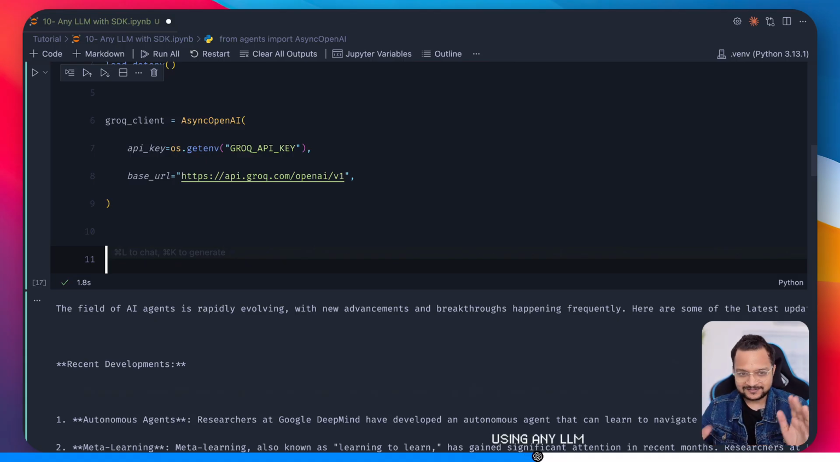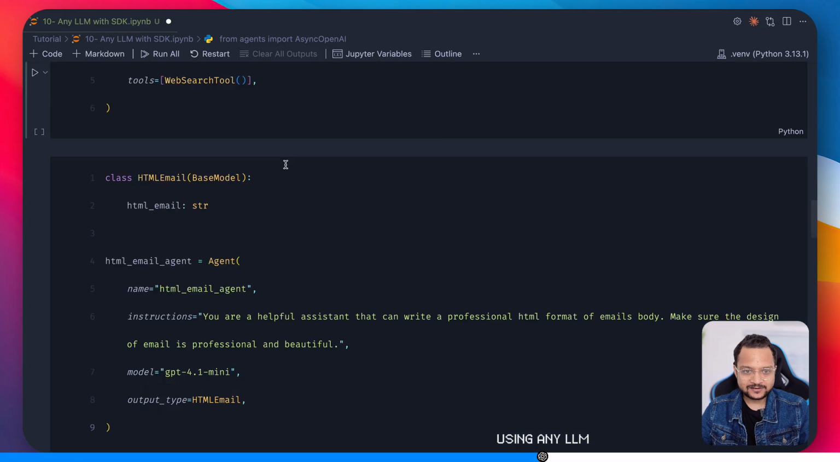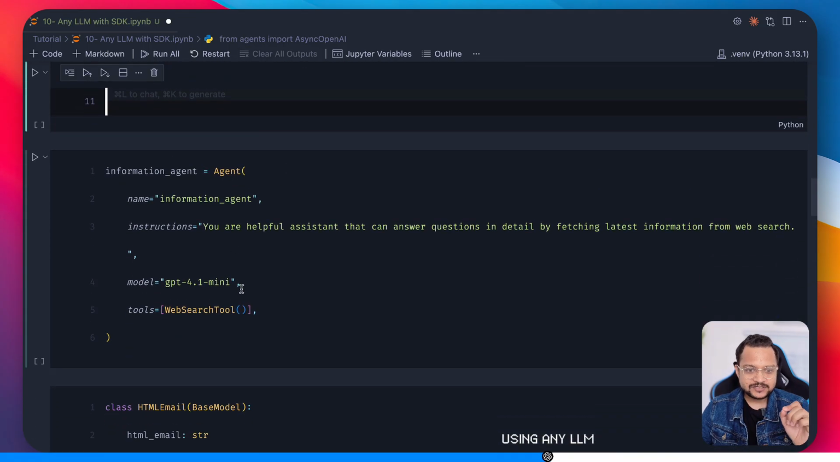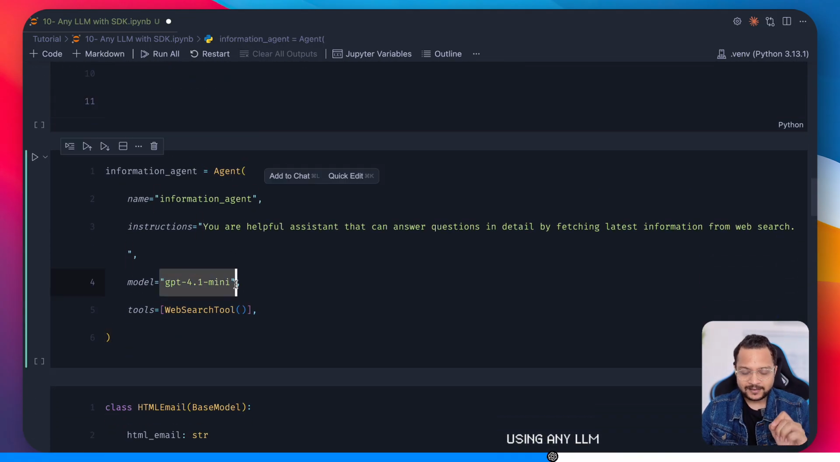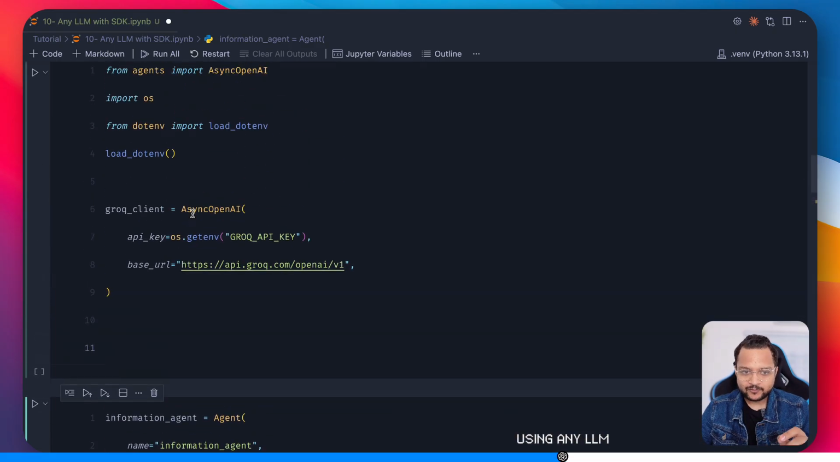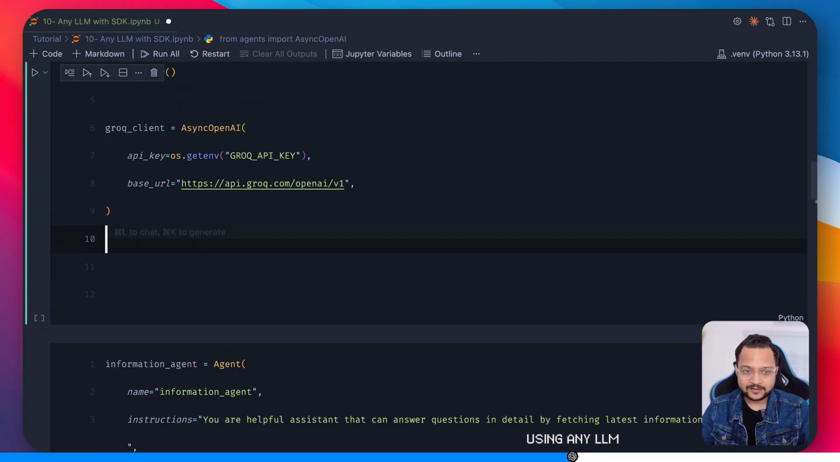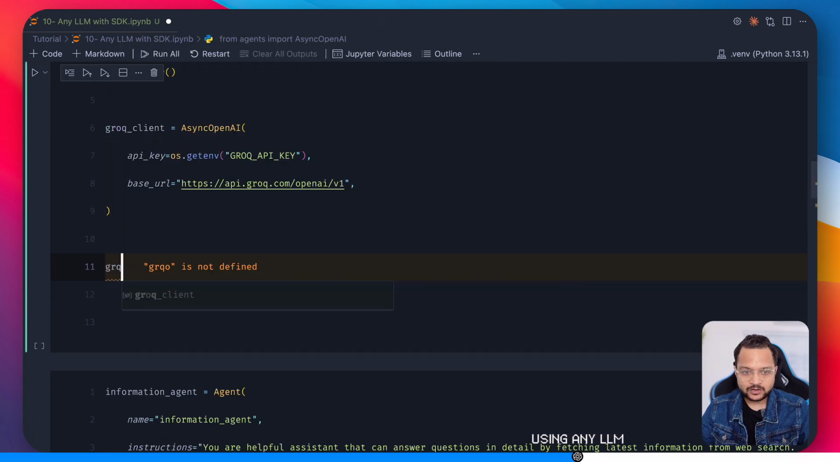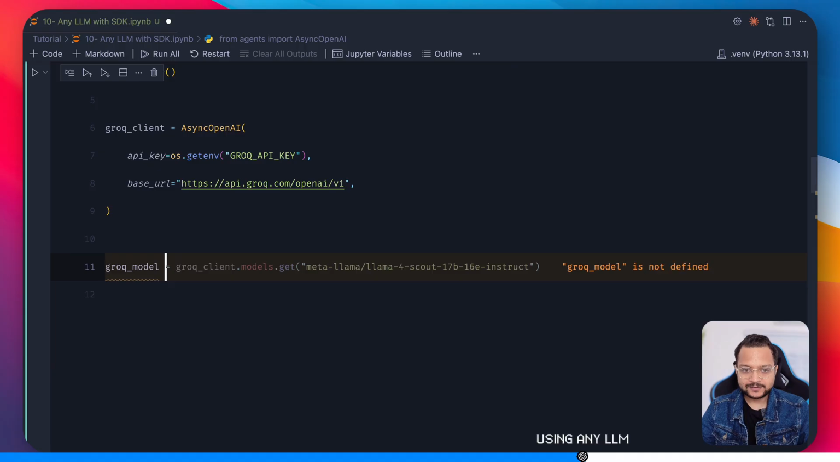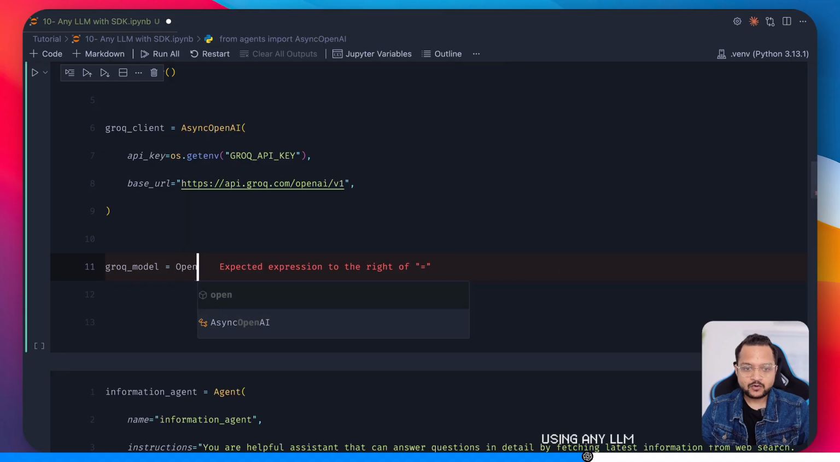Now what is this? Let's just clear this out. For this information agent, we need to provide the model, and I'm going to call it Grok model. Right now, what we have provided, we have created a client, not the model. How do we create the model? So Grok model is going to be OpenAI